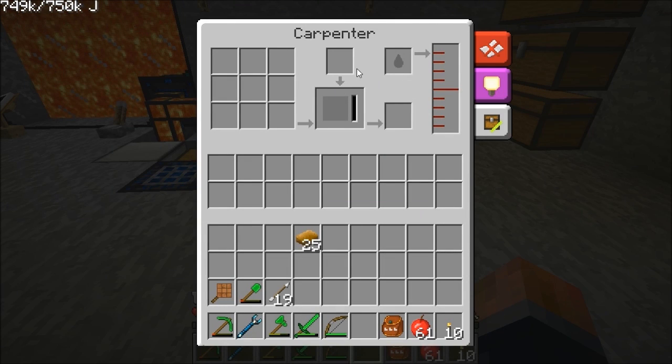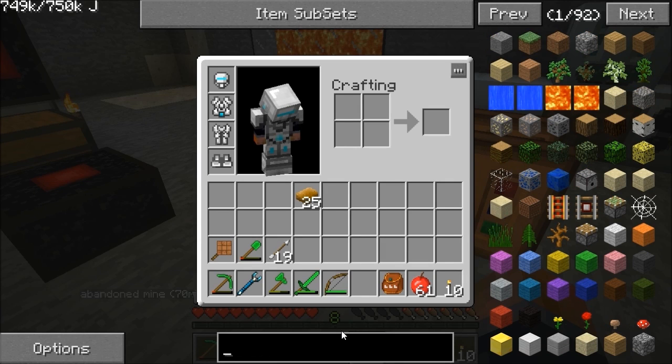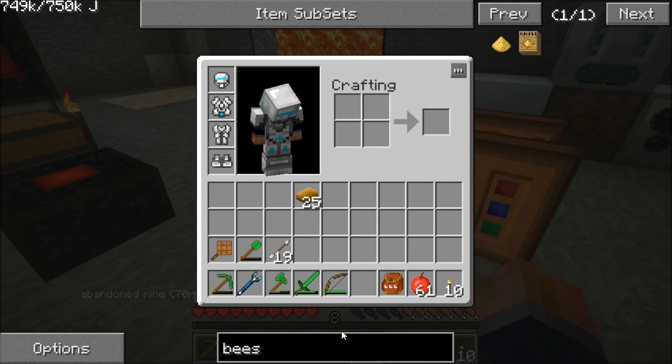So, carpenter, can you click anywhere for recipes? No, okay, that's a shame. Most things you can click on an arrow somewhere and it'll show you the recipes. Doesn't seem to have one in here. No, okay, no worries. First thing I want to make for bees is a thing called